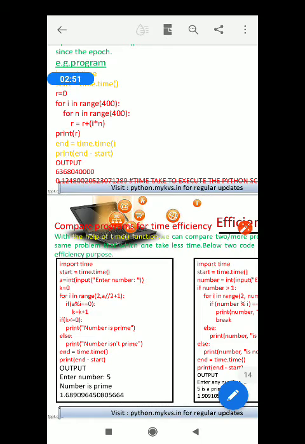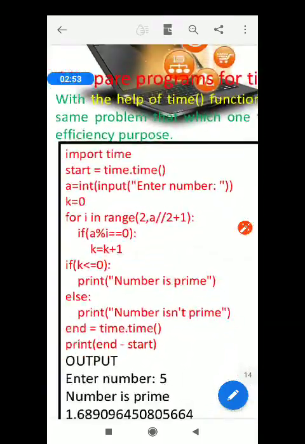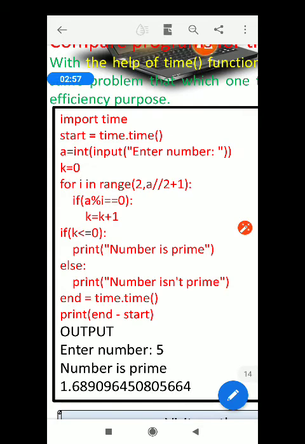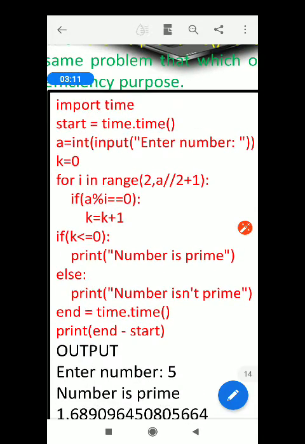We are taking two programs. The first program is like this: import time, and then start. Inside start we are writing the time.time() function. We are calling this, and then we are entering a number, and for i in range(2, a/2 + 1), it is a prime number checking program.